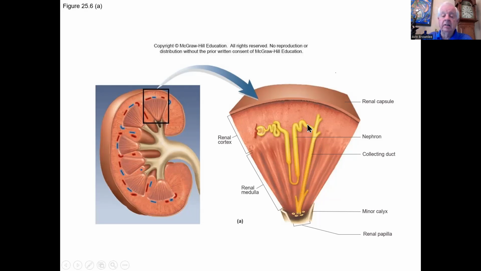And then anything that's left will eventually pass through this duct here and go out and go into the ureter, headed for the bladder. And so here's that tube right here. So urine formation involves 3 steps: filtration, reabsorption, and secretion. We're going to talk about filtration, and the first thing I want you to remember is the size of